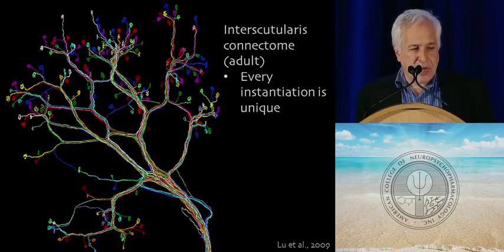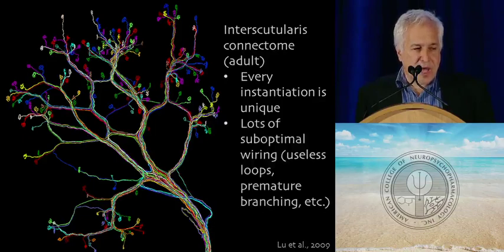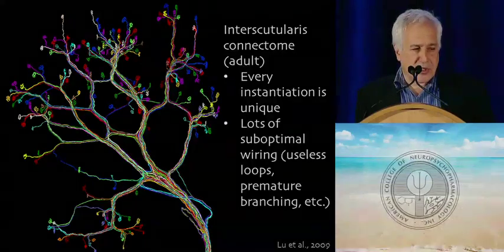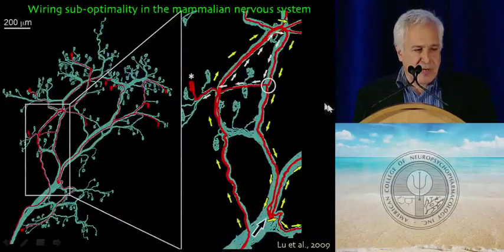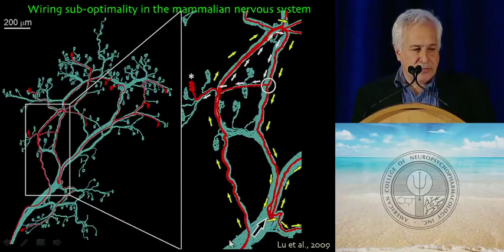But even more surprising, perhaps, was that there was lots of suboptimality in this wiring. A lot of useless loops, premature branching. Here's an example of an axon in red. I'm just going to zoom in on this part. All the axons were labeled, but I'm just showing one here. All the axons go this way. This axon and one other decide to go this way. The one that's slightly in blue went both ways, but this red axon decided not to go this way, which